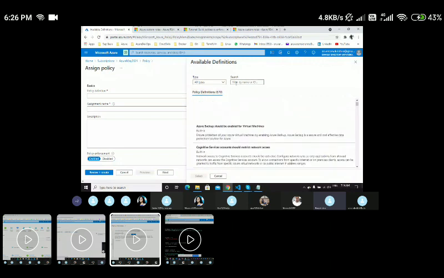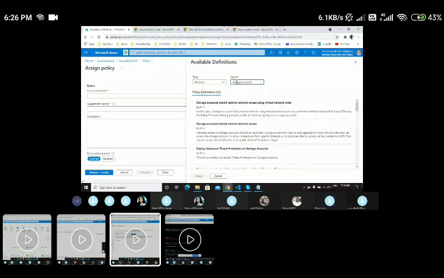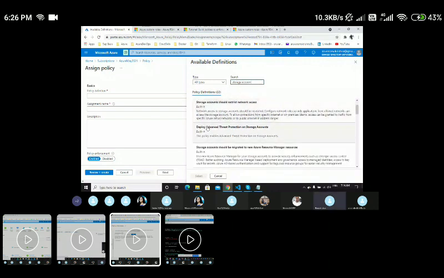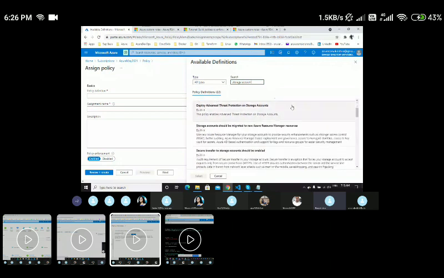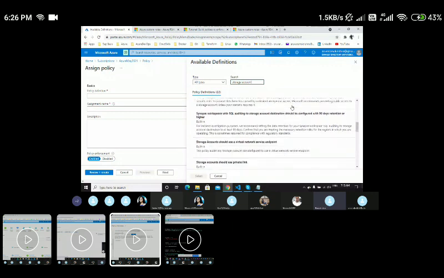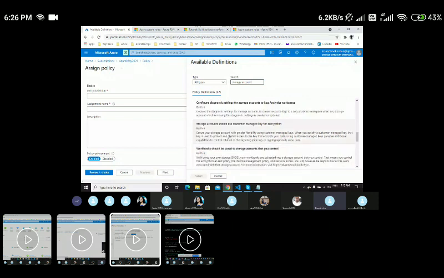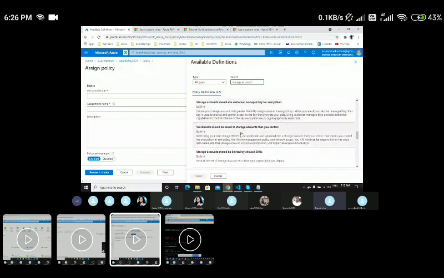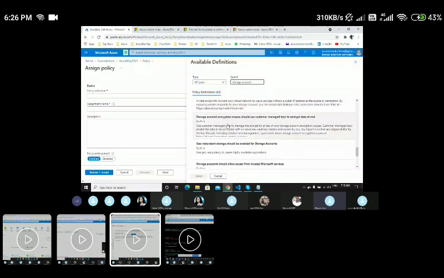So let's see, do I have anything for the storage accounts? You see here. Here, I'm keeping a policy saying that storage account should restrict network access. Or else, storage account should restrict network access using virtual network rules. Or do I have anything extra? Let's see. And should be private link. These are some of the technical terms. Probably you might be getting confused at this moment. Nothing to worry, as we progress, we will understand more.